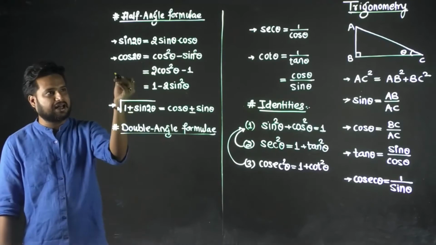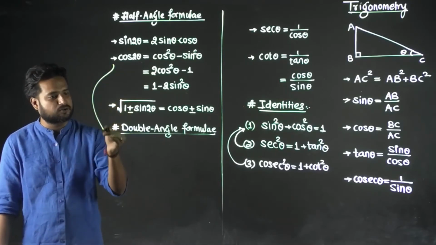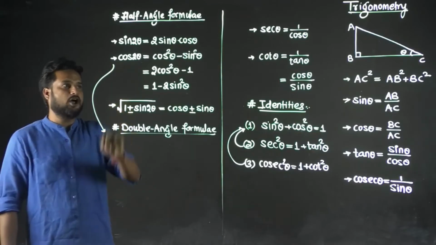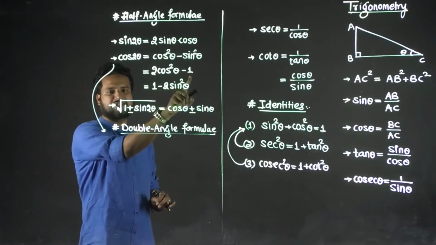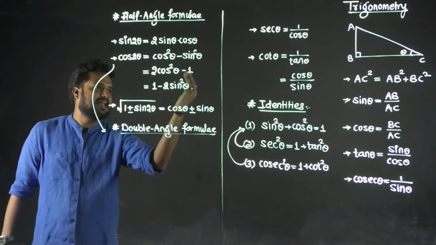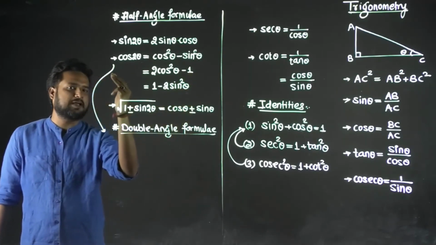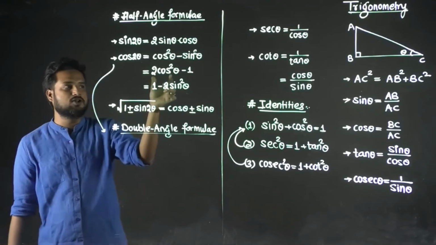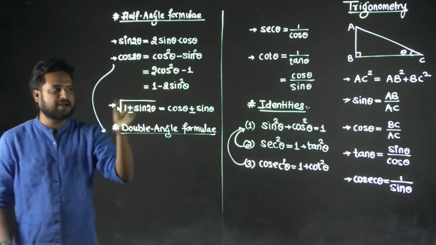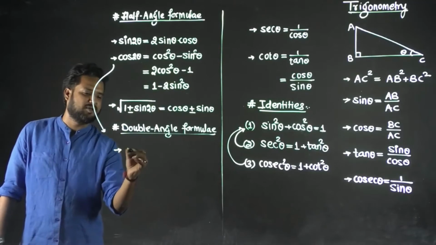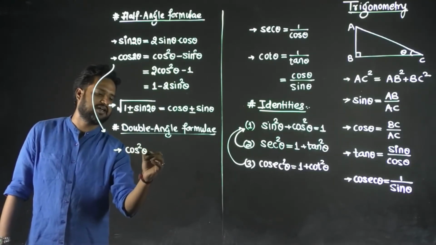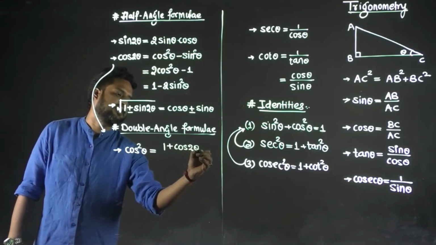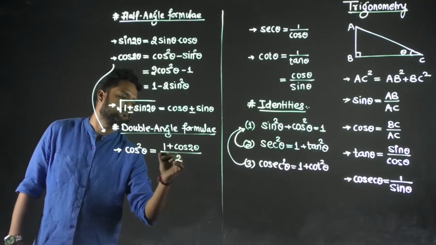To get that formula, I'll consider this equation only. See, just visualize. Again, cos 2 theta is what? It is 2 cos square theta minus 1. Now I'll do one thing. I take minus 1 to the left hand side. So what will it become? 1 plus cos 2 theta, and that will be equal to 2 cos squared theta. Now just divide by 2. So I'll be getting a formula which says cos square theta is (1 plus cos 2 theta) divided by 2.